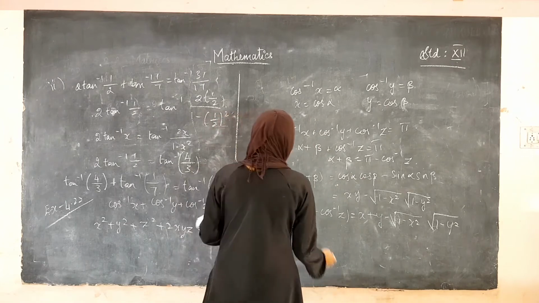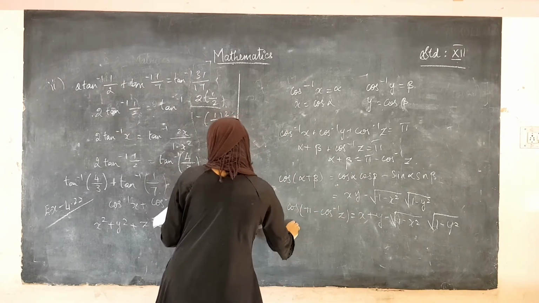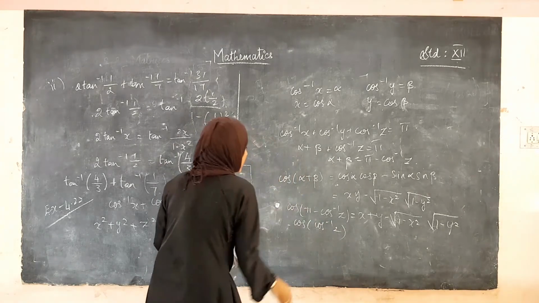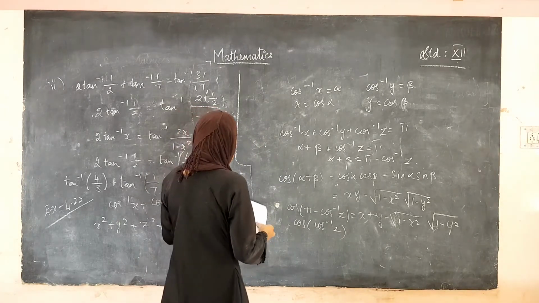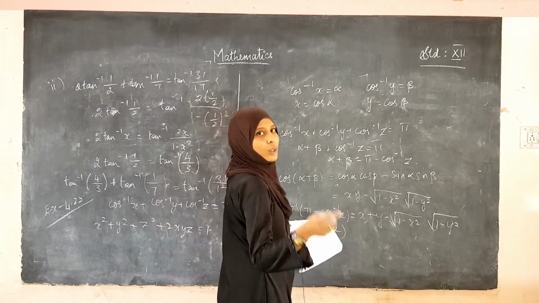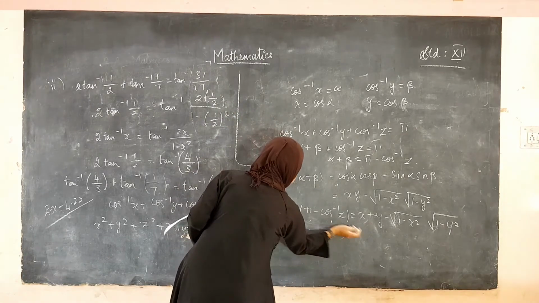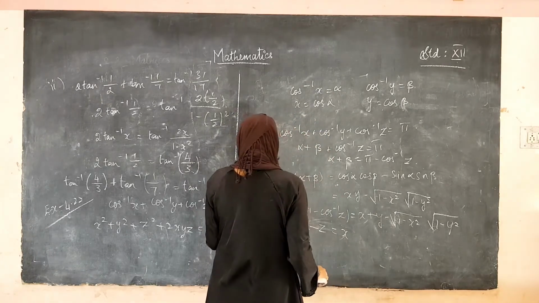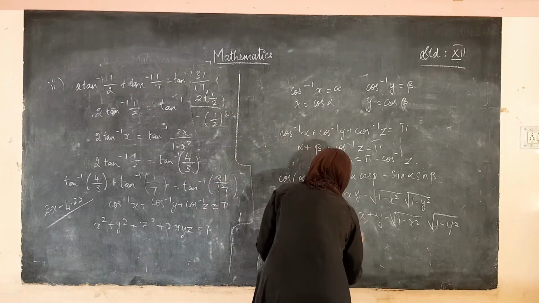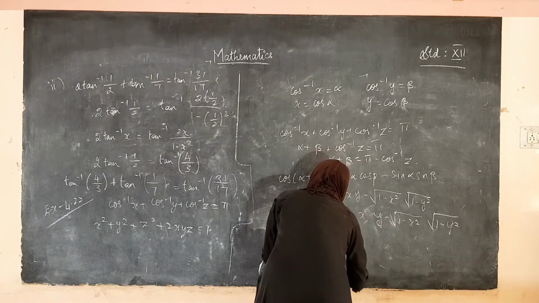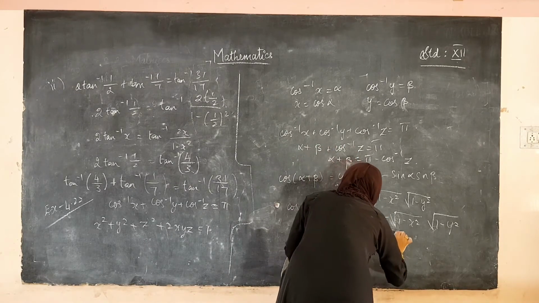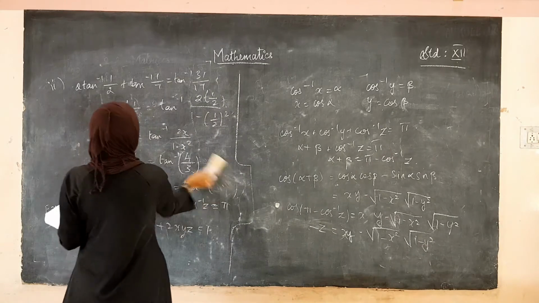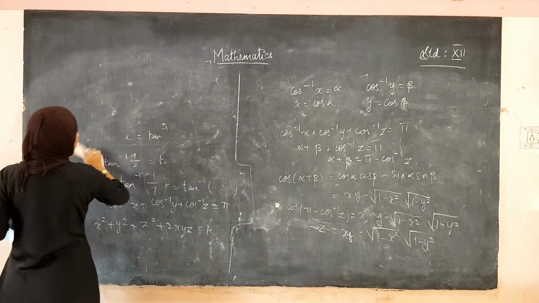Okay, see, cos of pi minus cos inverse of z becomes minus cos of cos inverse of z. So what happens? This side it becomes minus z, right? And cos of cos inverse of z is equal to z, therefore this side becomes minus z. Minus z is equal to xy, so this is x into y minus root of 1 minus x squared into root of 1 minus y squared. So after this, we have to simplify this to get the answer.